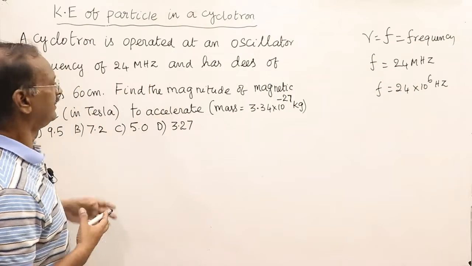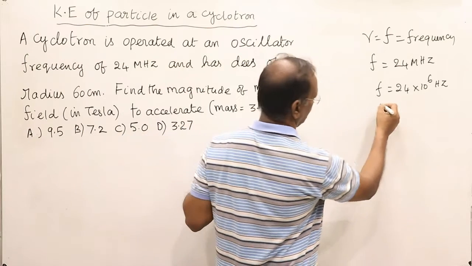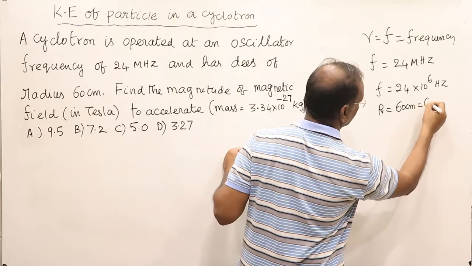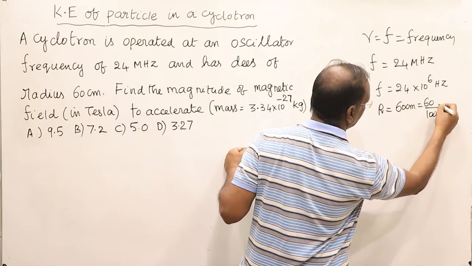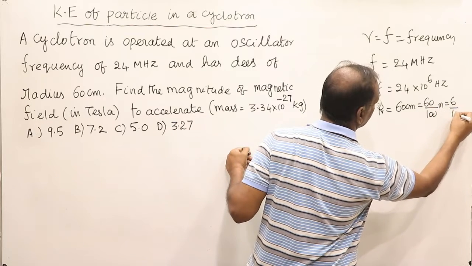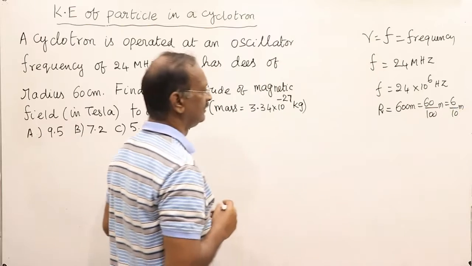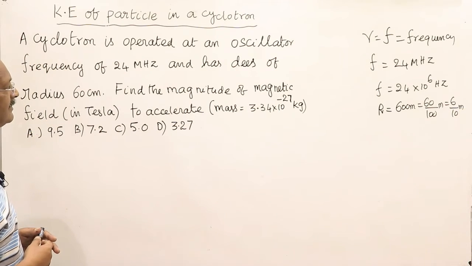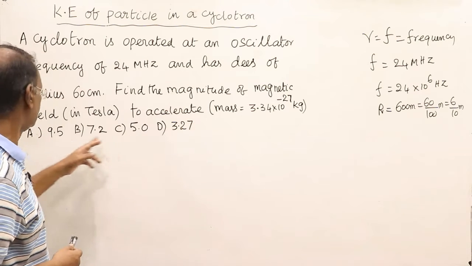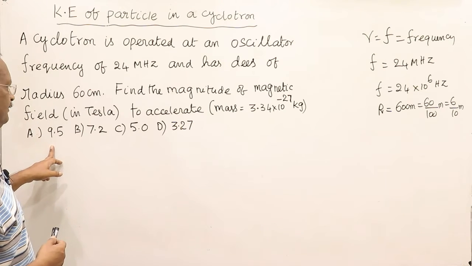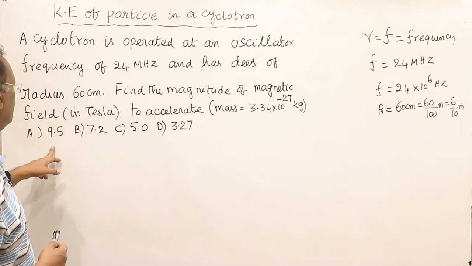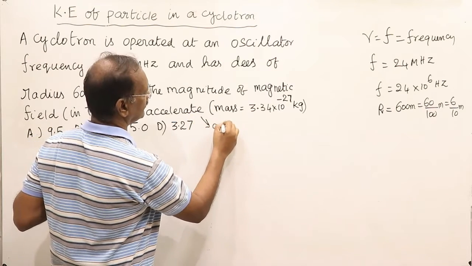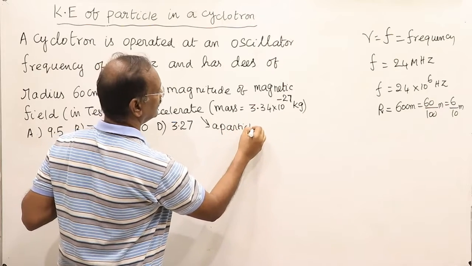And it has a D of radius 60 centimeter, so the radius of the D is equal to 60 divided by 100 meter, which is equal to 6 by 10 meter. This is the radius. Find the magnitude of the magnetic field in Tesla to accelerate a particle, that is deuteron,